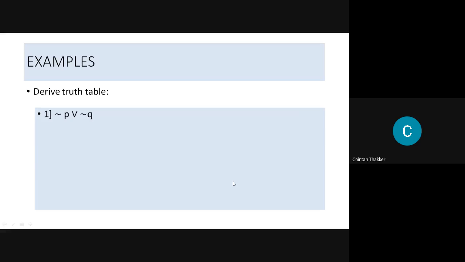The first example is given. You have to find the truth table of P, negation of P or negation of Q. So, we derive the truth table.